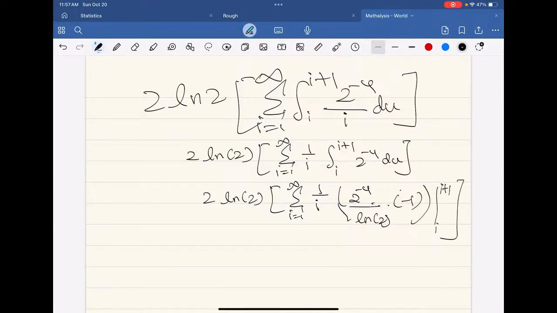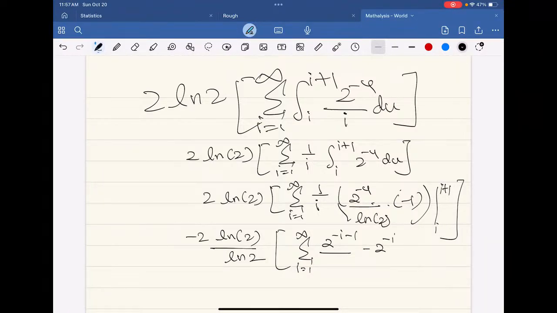Now I can take these constants outside, so this will be minus 2 ln 2 by ln 2, and then we will have sum from i equals 1 to infinity, and if I evaluate this, 2 to the power minus i minus 1 minus 2 to the power minus i